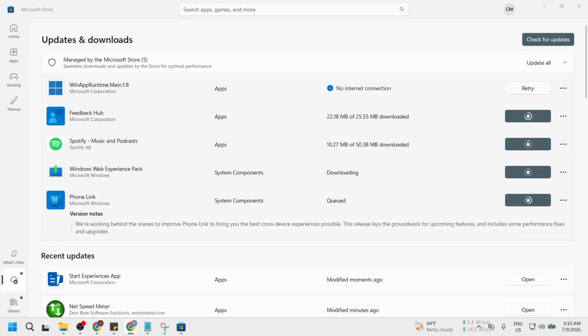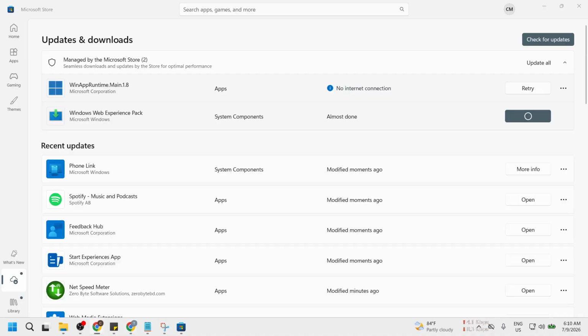After the updates are complete, you may receive a notification confirming that your apps have been updated. Take a moment to review these notifications. This confirmation helps you verify that the process was successful and that your applications are now up to date. Remember that keeping your apps updated not only enhances performance but also helps in protecting your device from vulnerabilities.